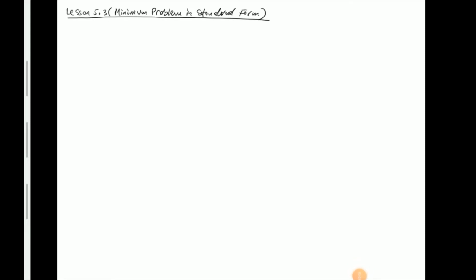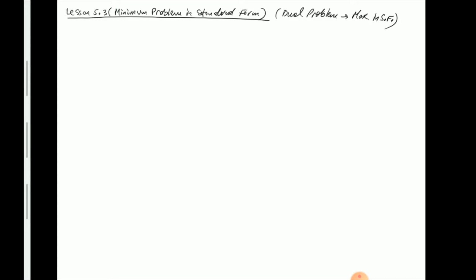Good morning. So today we'll go over the last part of chapter 5, namely the simplex algorithm, this time to solve the minimum problem in standard form. We will focus in the beginning on how to actually bring the minimum problem into a maximum problem, because the whole idea is to actually create what's called a dual problem,